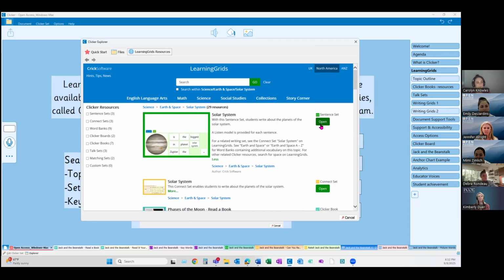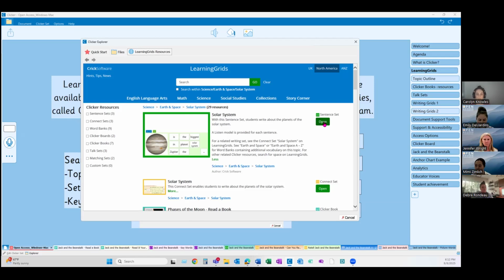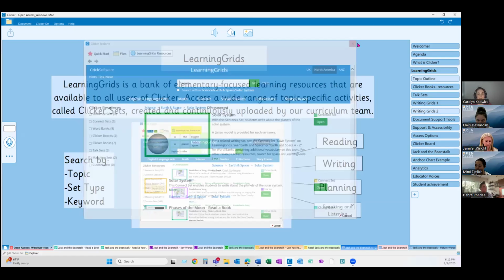I'm not going to do that because I have a bunch open down here, but that's how you would open them. And all of the activities here are, of course, available for download, so you can use them as is, but they're all designed to be modified based on the students that you're working with. So if we need different color combinations, more pictures, whatever the case may be, we can always make those changes and then share them out to students to access for their writing.